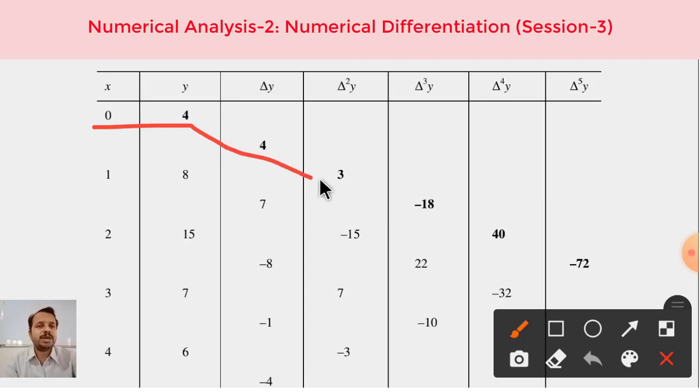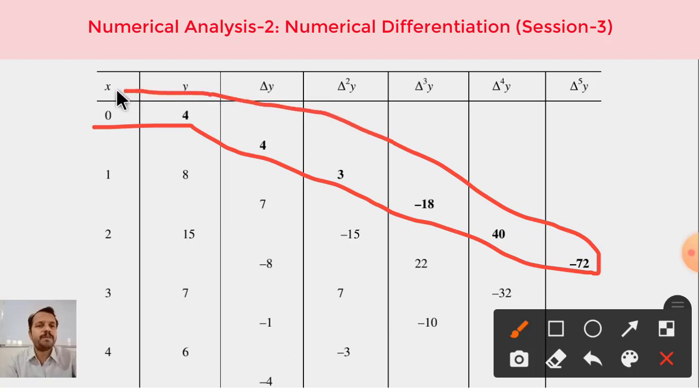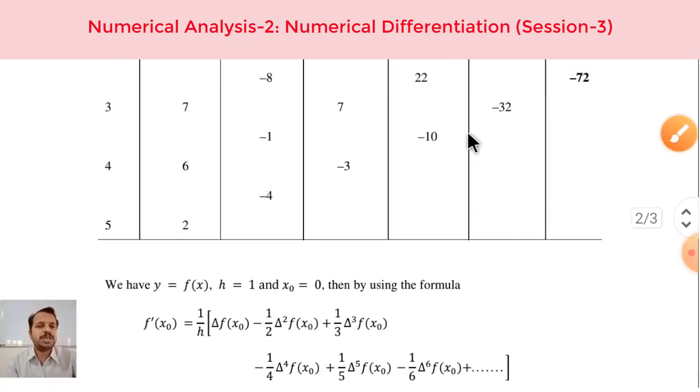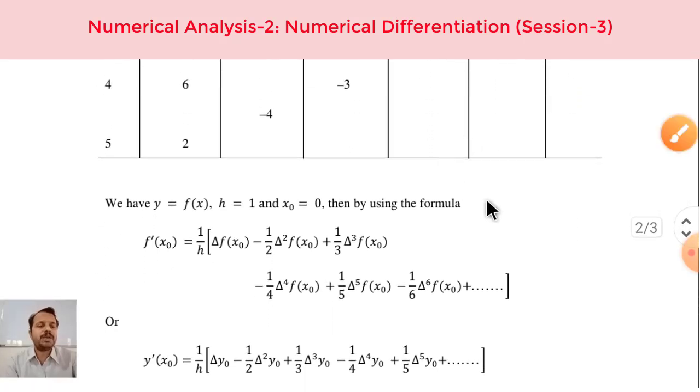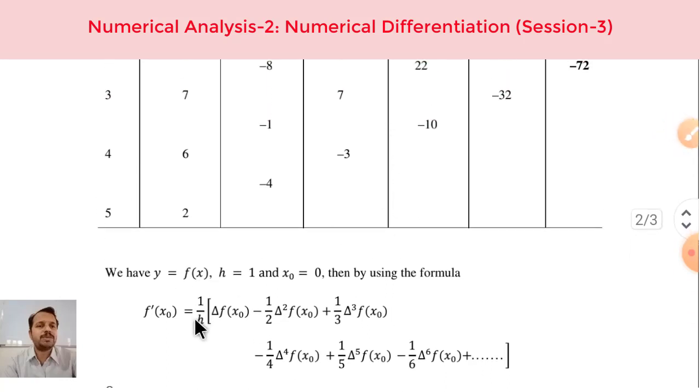Only the leading differences, that is the differences which are present in this top level, are to be used. This is delta y, this is y at x0, that is f at x0. This is delta f at x0, this is delta square f at x0, this is delta cube f at x0, and so on and so forth. We will be using these values, and we can also come to know what the value of h